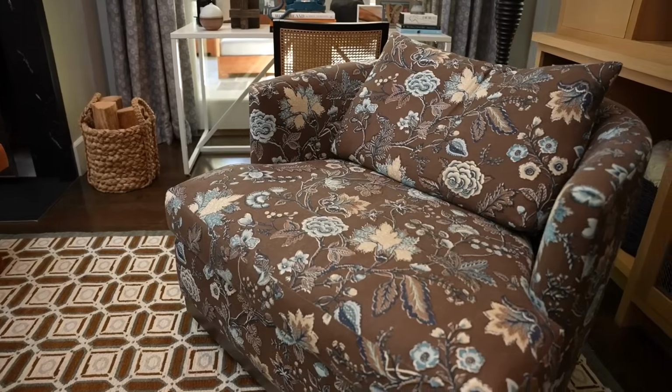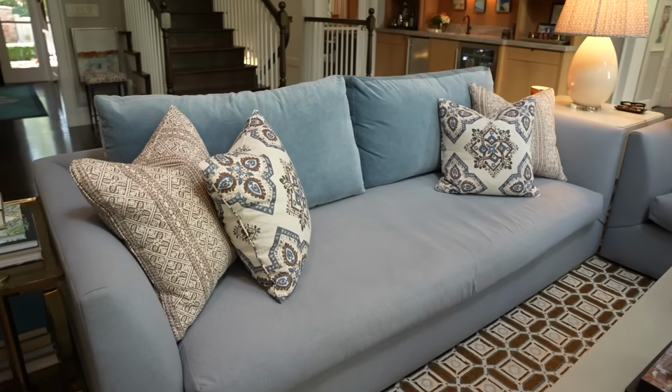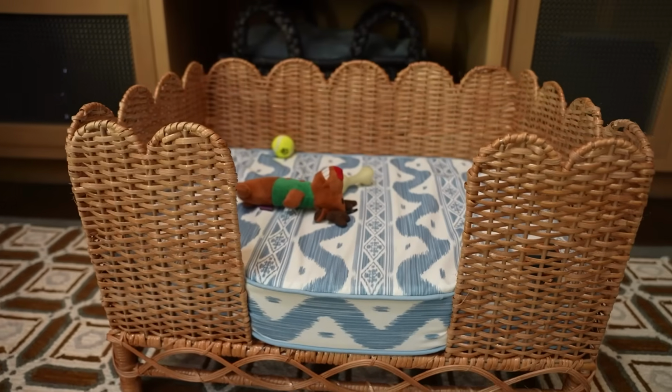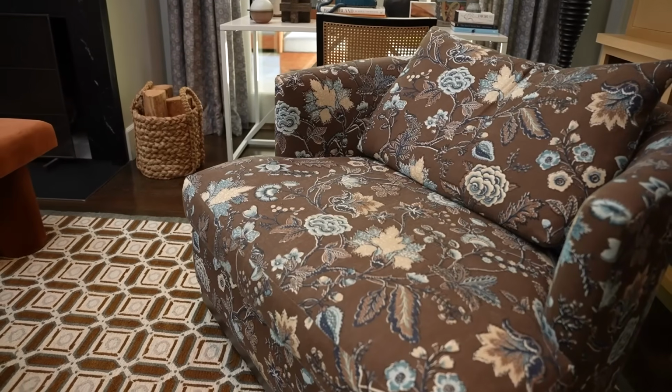So again, CW Stockwell, this floral goes beautifully with Casa by PC stripe and medallion, and the Marika Meyer rug, which I think is a showstopper. One of my hostessing inspirations is a woman called Mrs. Alice out of the UK, and she has dog beds, a lot of wicker, and you'll see wicker throughout the house. I just fell in love with this dog bed, and I love the blue with the brown. As you can see, Raymond prefers the CW Stockwell chair, but